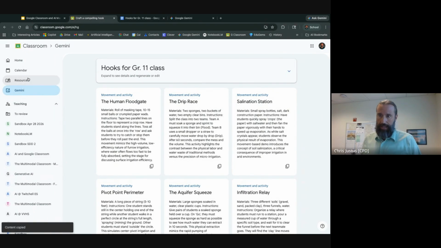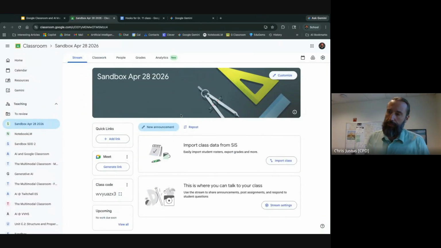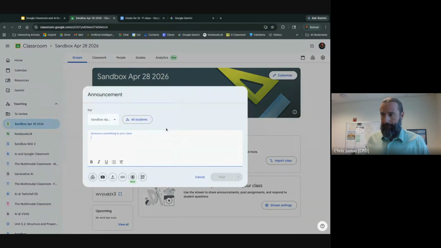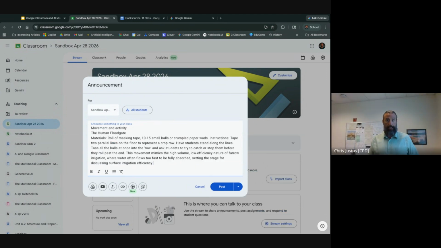Notice that we can access our classes from that menu on the left-hand side. And let's make a new announcement. So notice that we're on the stream. If you're looking at my feed right now, my visuals, I'll click New Announcement, and I'll just paste in that hook. That way students, when they come in, they'll know exactly what I want them to do. Take a look at the instructions on the announcements, along with any links that I might want to put in there. In fact, notice I can add a YouTube video. I can add anything from my drive, like a PDF or a Google Doc,